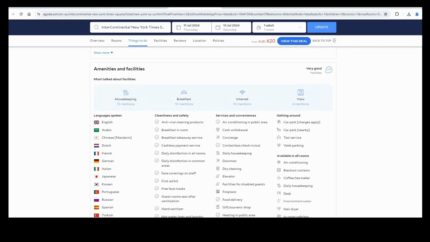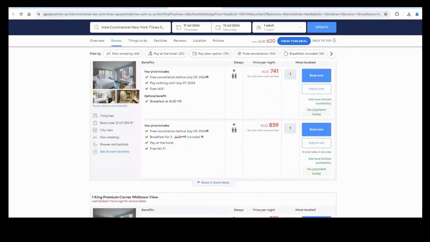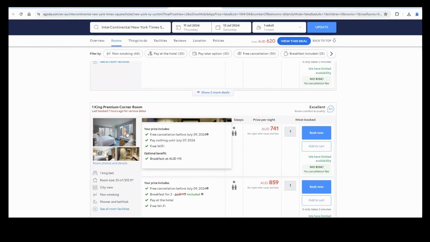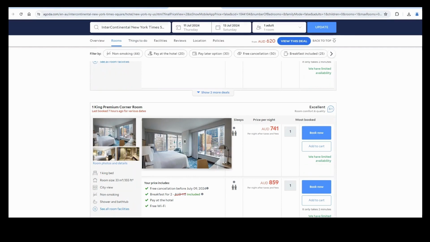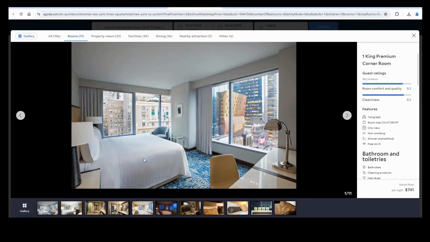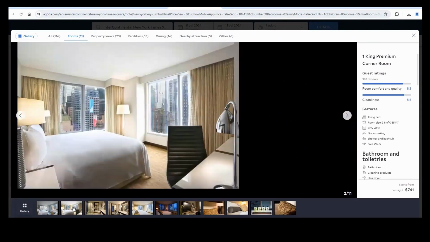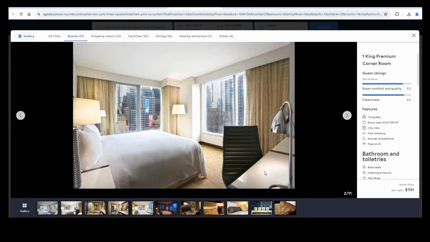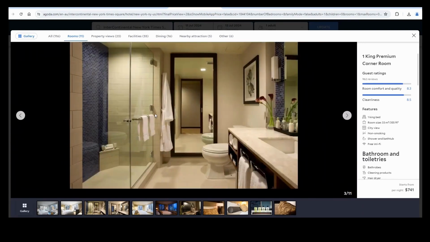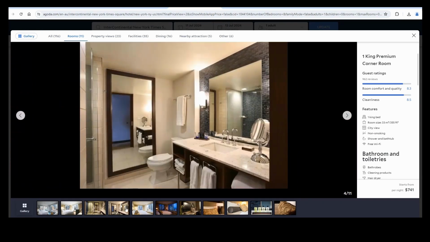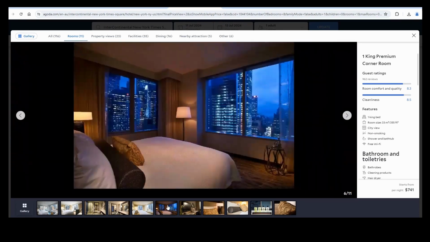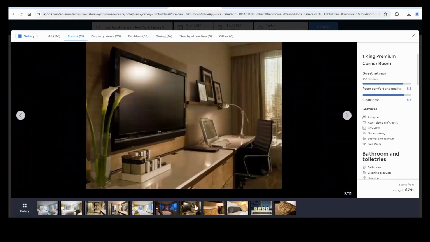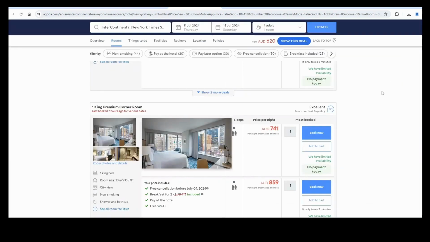All right, now let's check out what available rooms there are. Let's choose one here, the King Premium. It's in our budget, less than 1,000. All right, so what I'm looking for is a nice premium feel. I have a working desk here, which is nice. A nice looking bathroom, very modern, has a nice finish. Yeah, I think I'll be happy with this hotel. In this case, I'm happy to stay here for 2 nights. All right, so that's it. Let's move on to our last and final example.